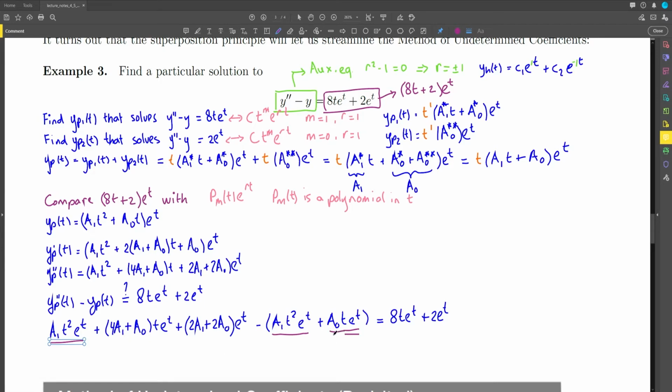That's the a naught. And then we have this right here. Now notice this is a minus, so this a naught cancels out. And what we're left with is,